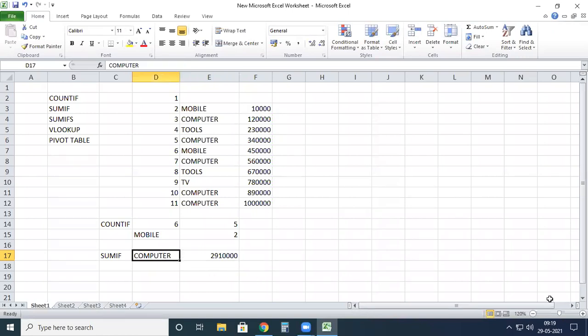So in the same way here, if I change this one, for example, this is mobile. So then what is the amount? So I think 4 lakh 60,000. For example, if it is a TV, what is the amount? 7 lakh 80,000. So that means in this type of way, in real time situations, we can easily calculate things by using these formulas. So that's why I'm giving more stress on these formulas. So better you try to assume your own data and apply these formulas. So that will be added at the end of our experiments.